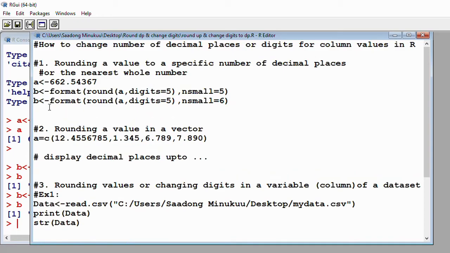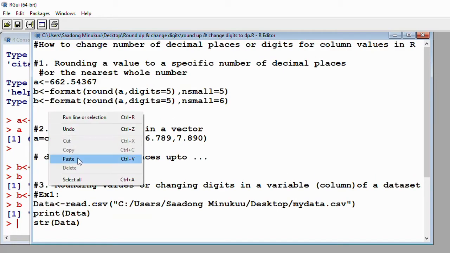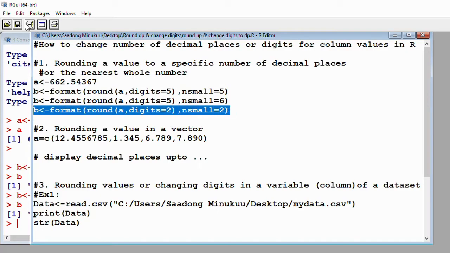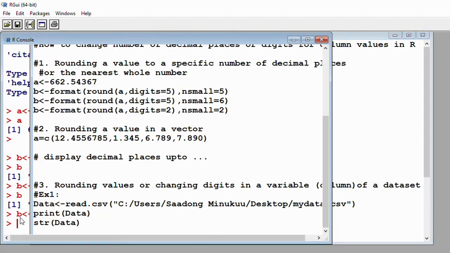Let me simply paste it here, and after pasting I'll just simply say number of digits here is equal to, let's say 2, meaning it will be 662.54, and that is just it. Then I'll say n small is also equal to 2. Alright, let's run this. If I should hit B and enter,